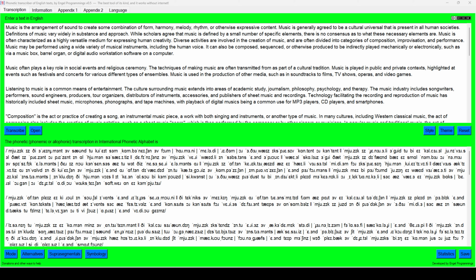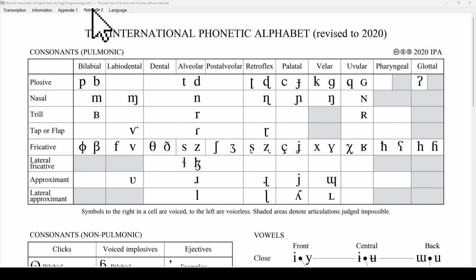The symbology you'll see belongs to the International Phonetic Alphabet, which is the most used standard symbology for representing pronunciations of languages, as it is based on the sounds of human speech. So if you already know how the International Phonetic Alphabet works, you'll be able to interpret the phonetic transcriptions. If not, I recommend that you research it and learn to read it. It can be a bit intimidating, but it's worth understanding its use. At the top you can see that there are several tabs. In the one that says Appendix 2, you'll find the official chart of the International Phonetic Alphabet, so that you can consult it directly from there.